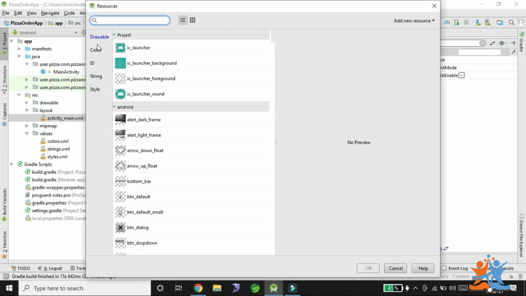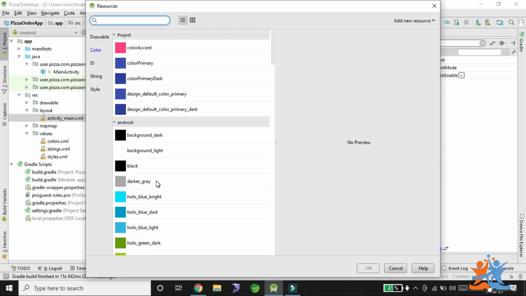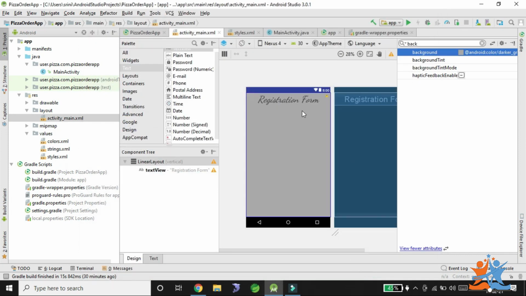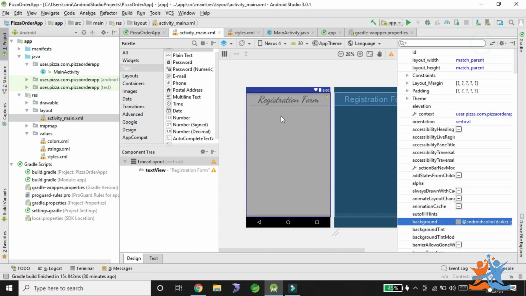Here we have drawable, nothing but images, and color and some style type information. We have a color. We need to take any one of the colors. I'll take dark gray. Okay, so the background will be changed automatically. So this is for the complete layout.